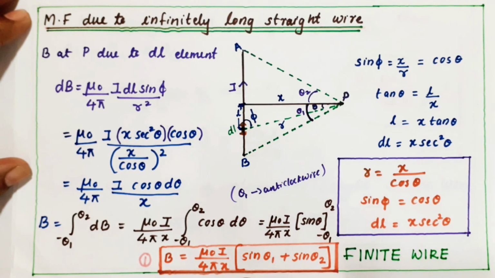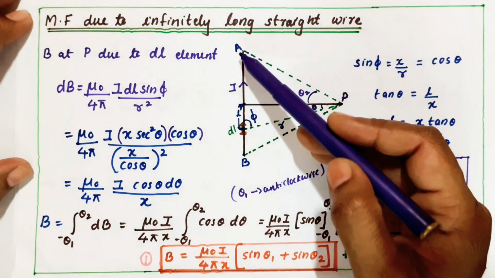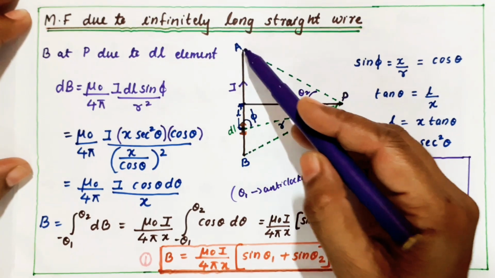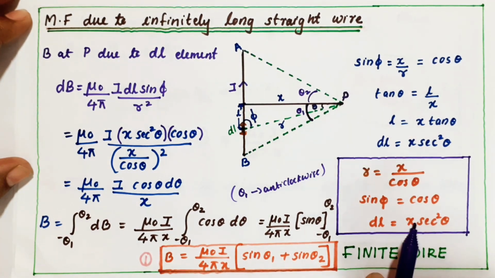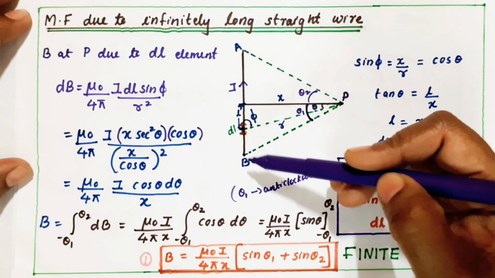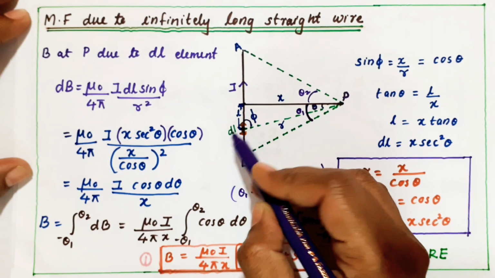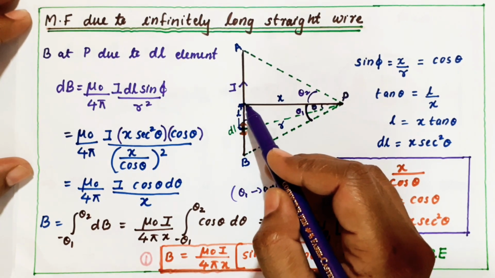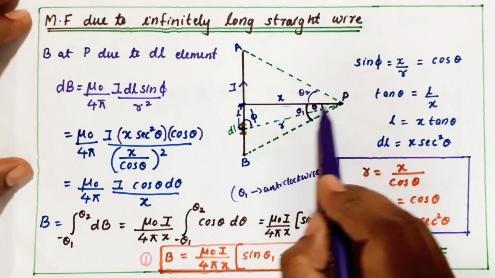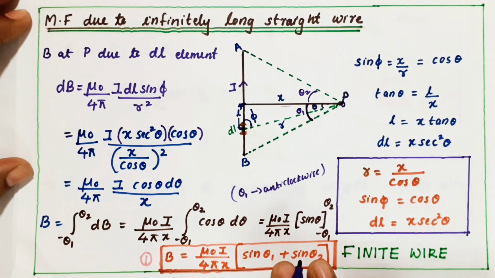So here, I have taken this as an infinite wire. In this, you take a small portion AB. It's a finite region, so I'm doing it with a finite conductor AB. In that finite conductor, you take a small element of length dl that is at a distance L from the center. You consider a point which is perpendicular, and this point is called P. I need to find the magnetic field at the point P.